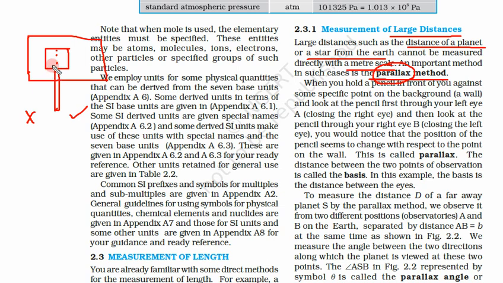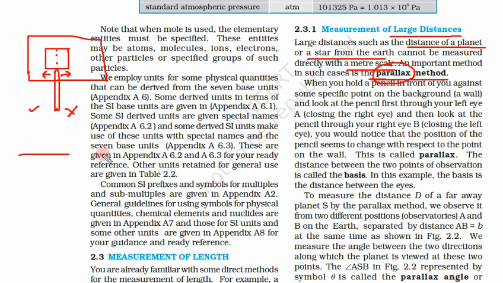the position of this pencil would be somewhere towards the left. When you do this once again with your left eye open and right eye closed, what will you see? You will see that the position of this pencil is a little bit towards the right of the painting. Previously it was in the middle, now you see that it has moved a little bit towards the right. Why is it so? This effect is called the parallax effect.